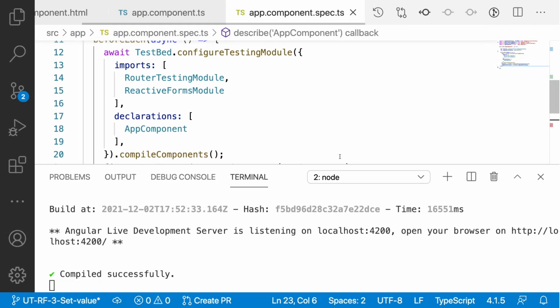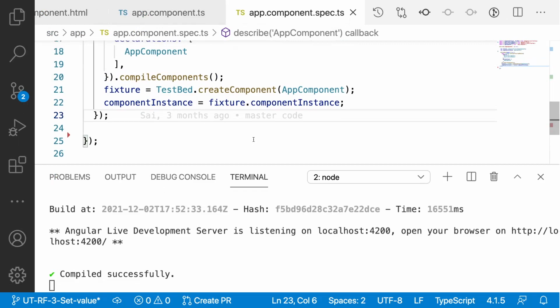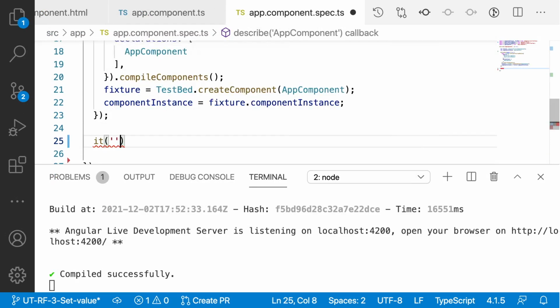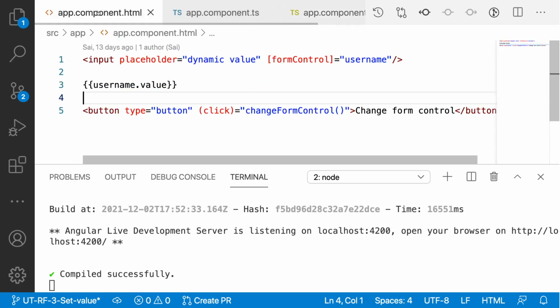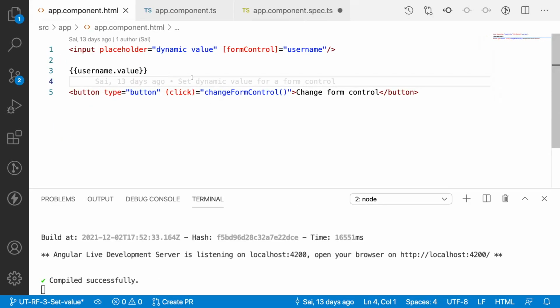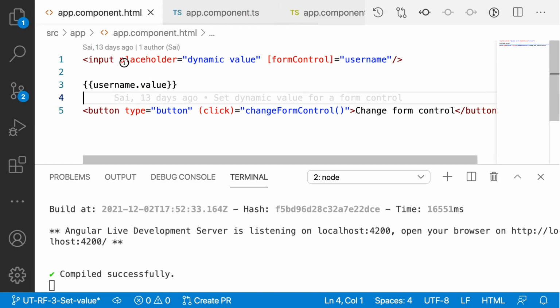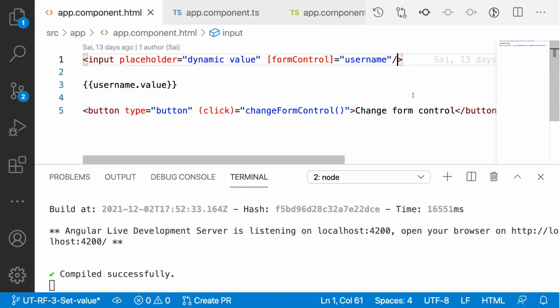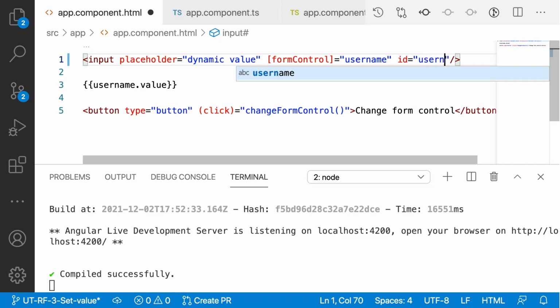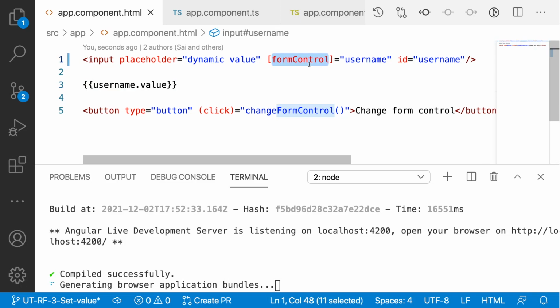Let me zoom this a bit, and now I want to write our it statement. Let me go to the app.component.html, and here I want to create an ID of username, and let me get this ID and insert some value in this form control.